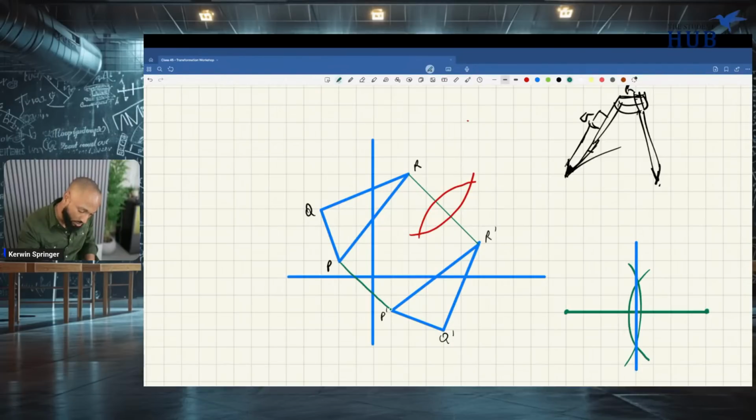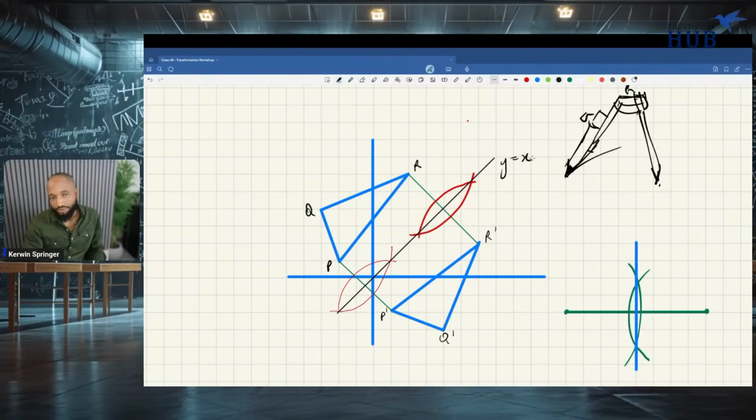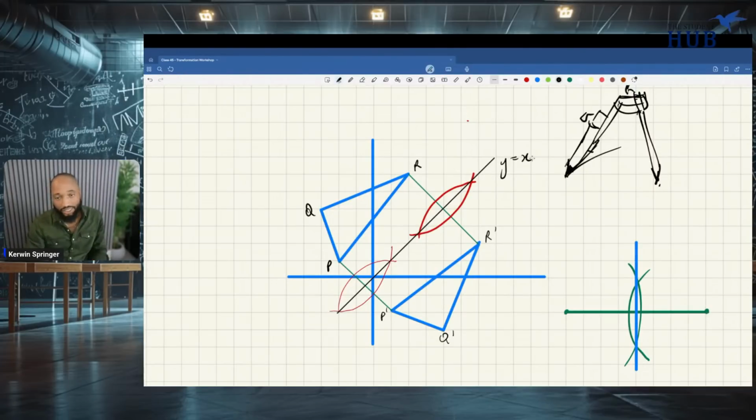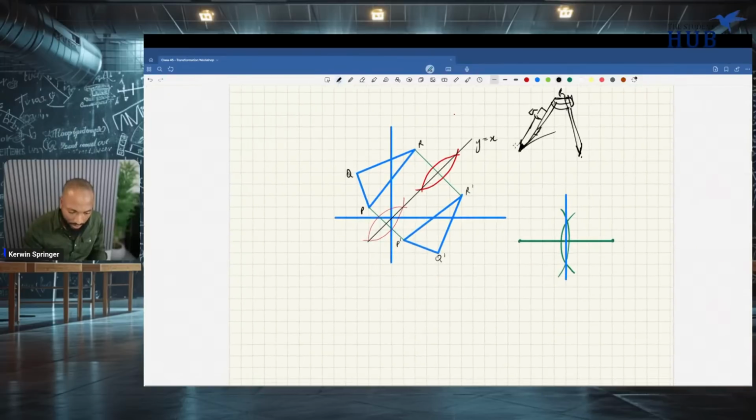You connect the two. Why isn't it drawing in a straight line? You connect the two points, P and P prime, and bisect it again. So maybe we ended up with something like this and this. And then once you join those perpendicular bisectors, you would have created the line of reflection. That's it. That's how to get reflection. So let's go see what we have in the notes.